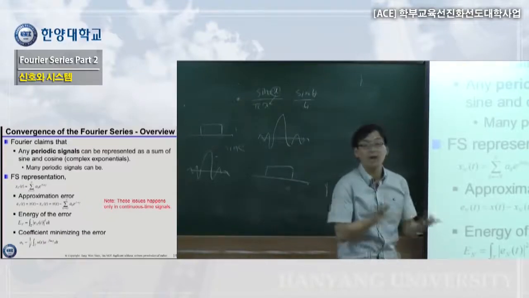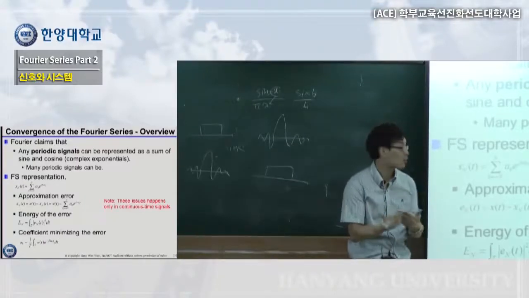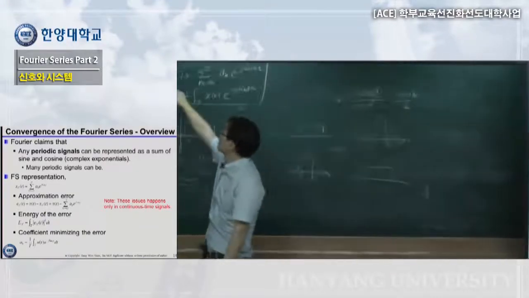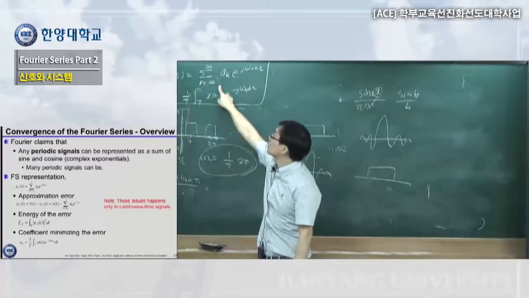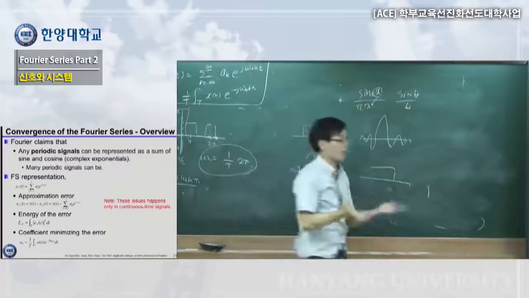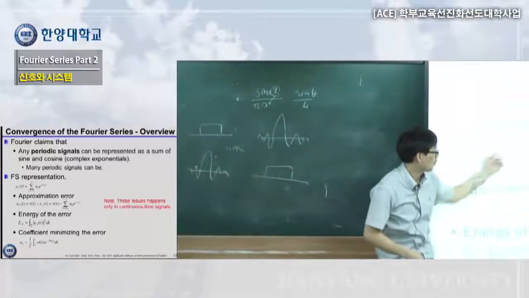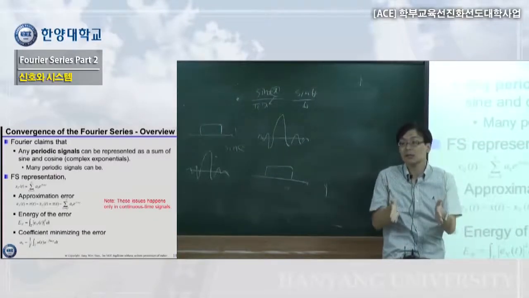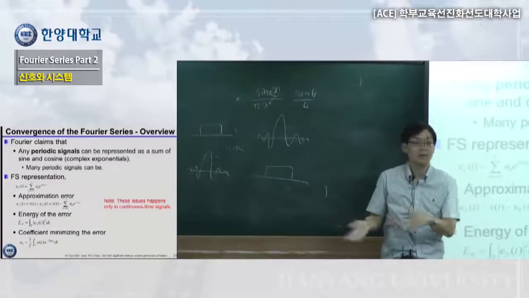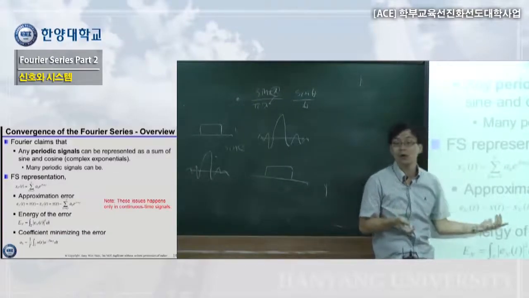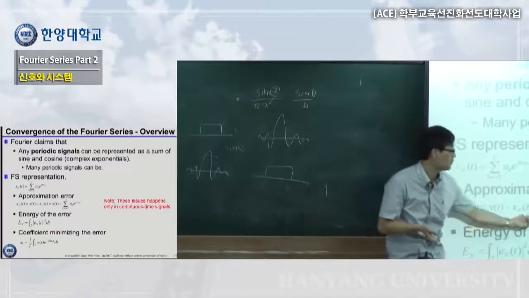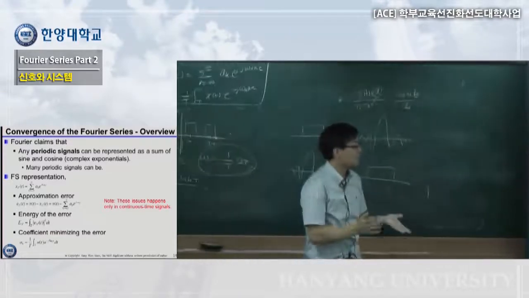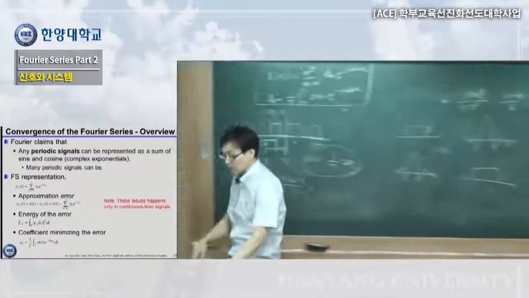Assume that we have error, if we have difference between our original signal, this is our original signal which is here, and the representation from minus N to N, depending on number of N. If you subtract them, you can find the error. What's their difference? If those error becomes 0, that means they are the same. We put a new parameter, say error is 0. There's several ways we can define the convergence. We'll cover